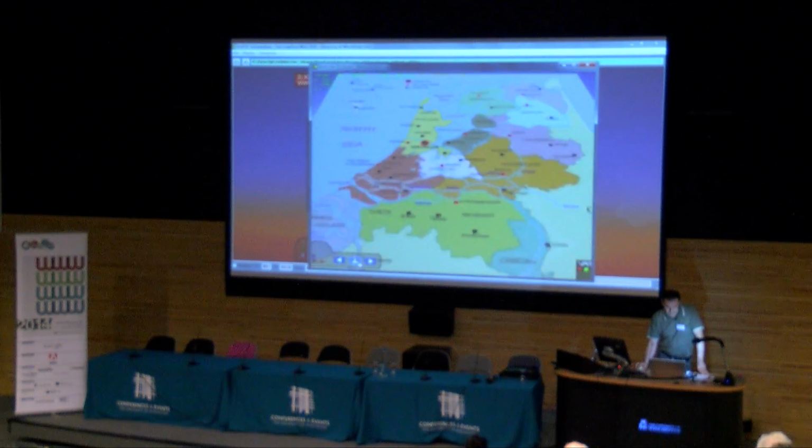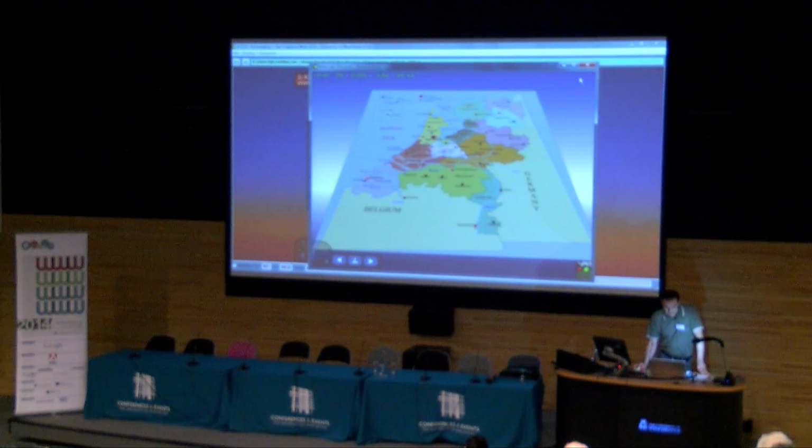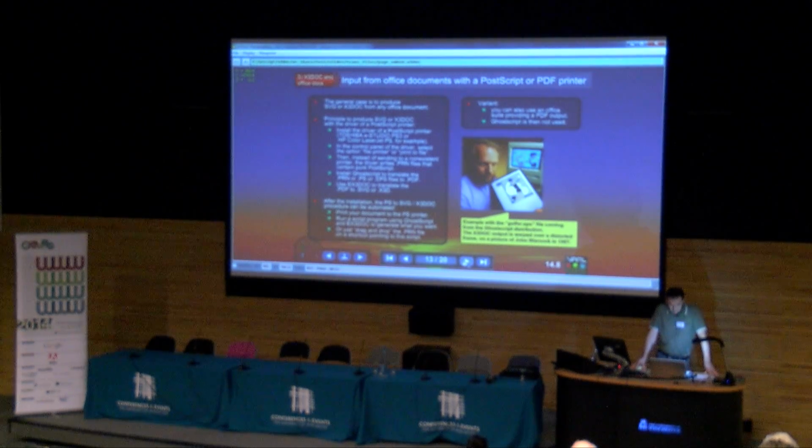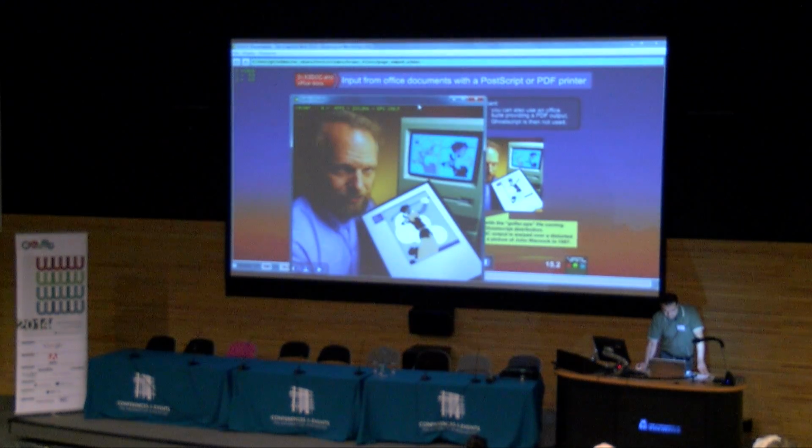So this is an example of SVG of Microsoft Office documents. This presentation, for example, was designed with a well-known slide making tool and translated to X3DOC using PDF format. So I printed the file from the slide maker, and to illustrate the system, I show here a very old